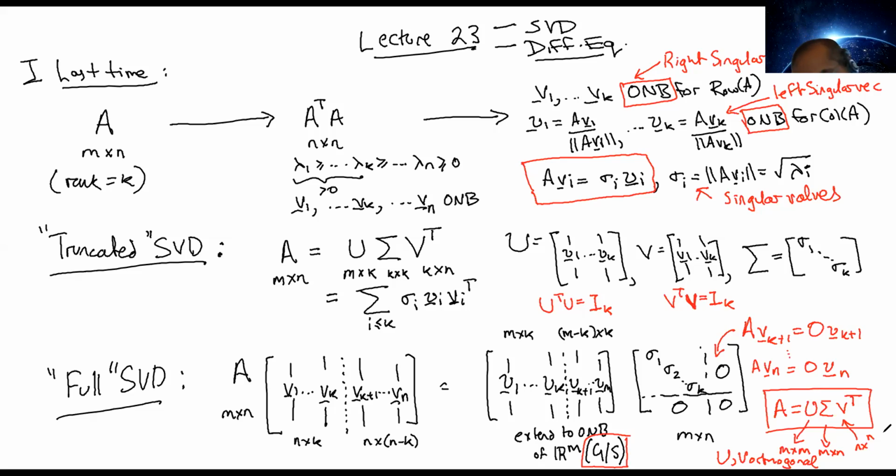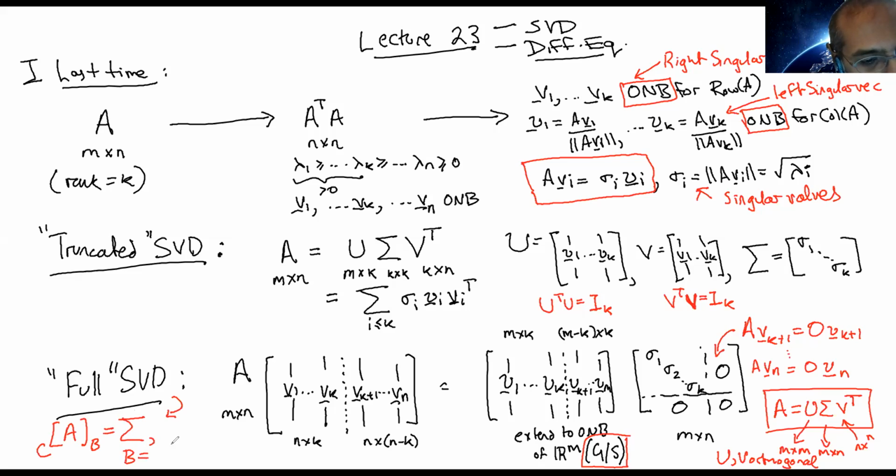What's the other advantage of full SVD? Full SVD answers the question that I began in the last lecture. Namely, it gives you a basis of R^m and a basis of R^n such that the matrix of A is sort of diagonal, right? So what does this imply? This implies that when you do the full SVD, then the matrix of A with respect to B and C is sigma,